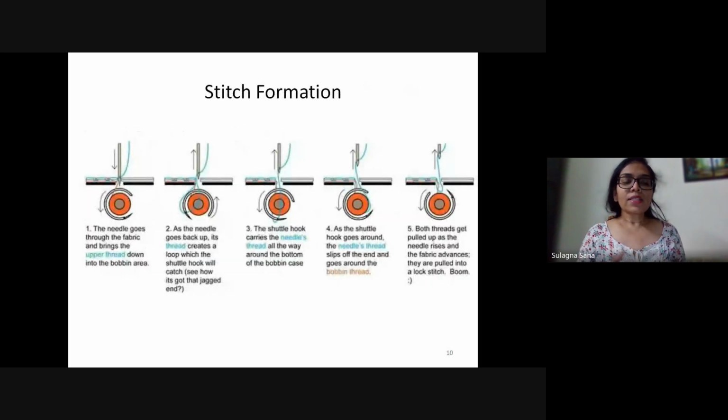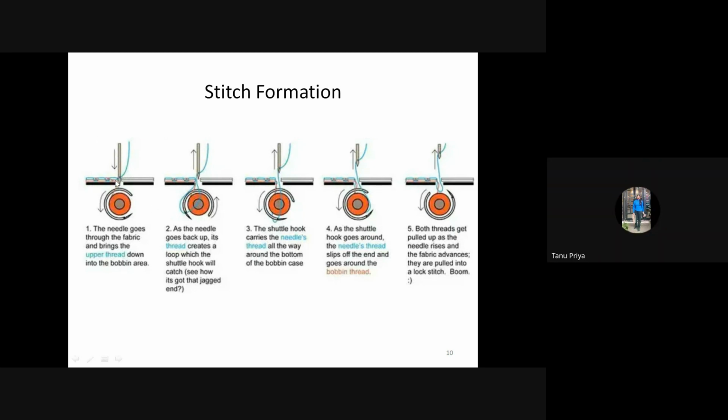Okay, now let's look at how stitches are formed. There are 5 stages through which these stitches are formed. I hope everybody can understand this diagram. This is your throat plate with a pressure foot on the top. The black is the throat plate. The gray is the pressure foot. This is the needle. This is your bobbin and bobbin case, and this is the hook. Is everybody clear about the diagram? Yes, ma'am. Cross sectional view.